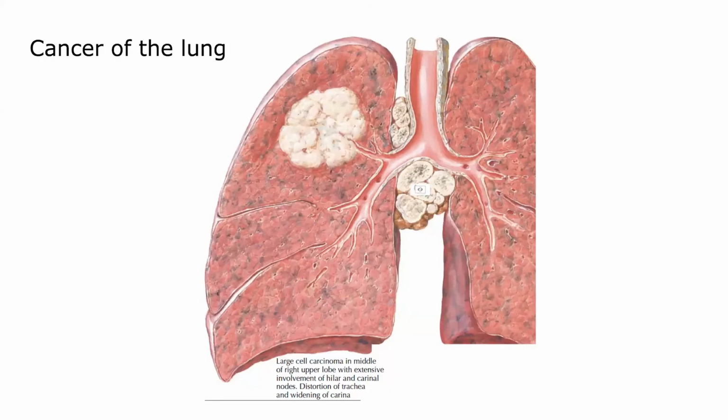So guys, we are looking at the cancer of the lung. It can be any type. Look at it. So this is that cancer which was visible. Look at those inferior lymph nodes. And look, the carina has been distorted. Even these have also been involved. So the cancer is not only organ confined, but it has gone to the lymph nodes. So this is not a stage 1 disease. So distortion of the trachea and widening of the carina. You can see how it has been widened, and this has been compressing on that. So the patient will be presenting with all those things.